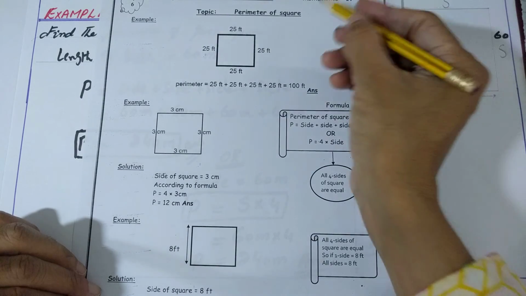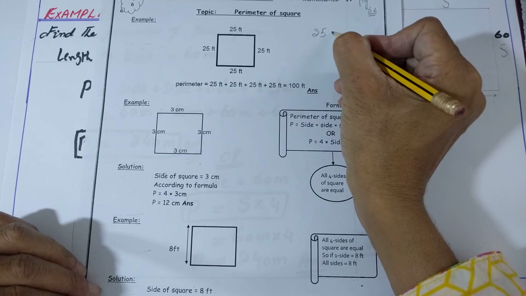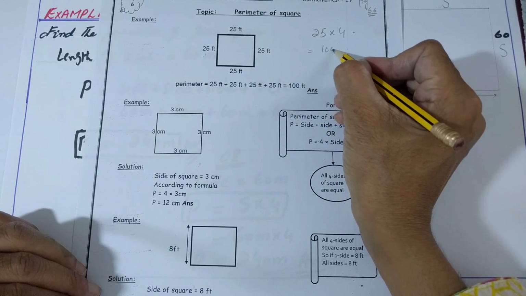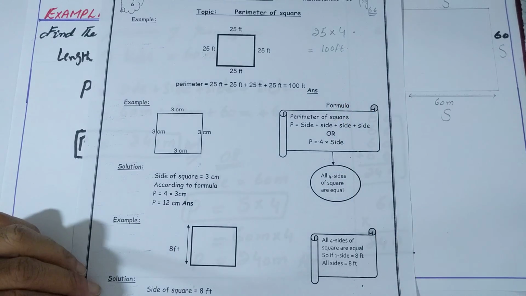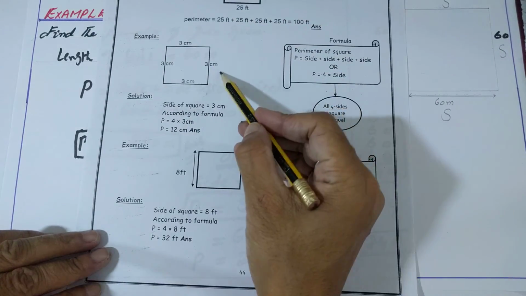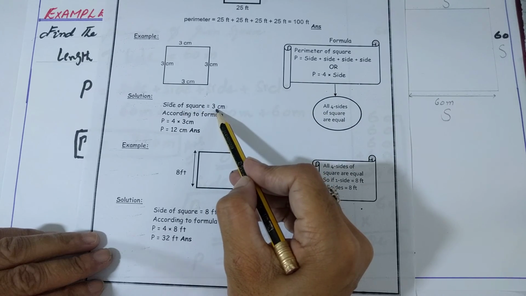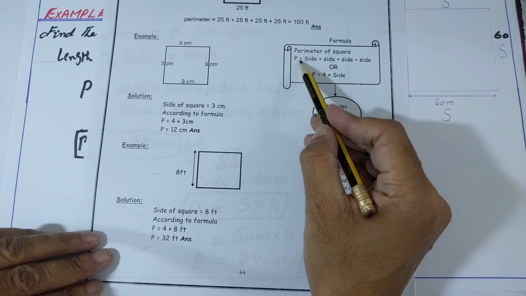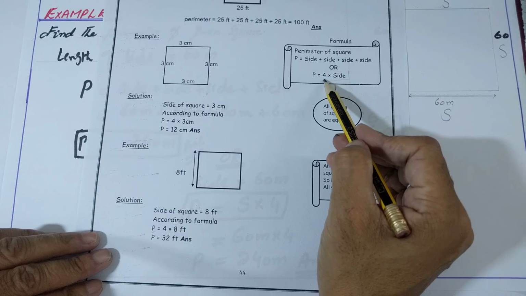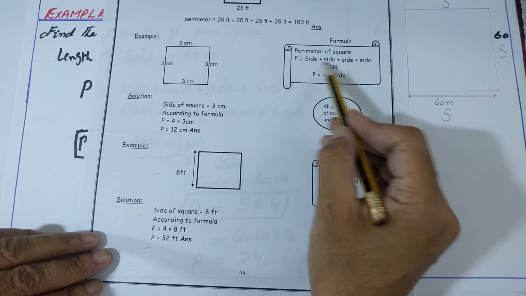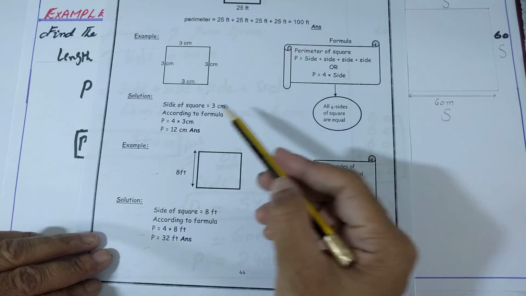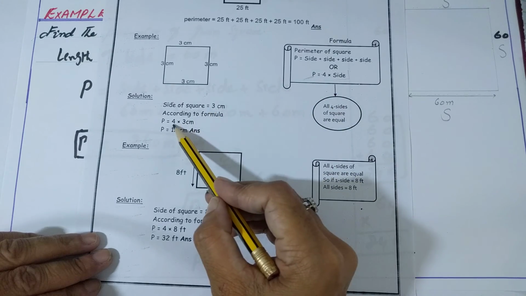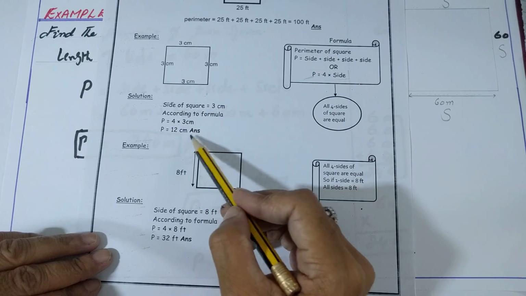What is the multiplication? One side is 25. So 25 multiplied by 1, 2, 3, 4 sides. So 25 fours are 100 feet. You can use this method as well. In the second example, 3 centimeter is given. So side of the square is 3. Here the multiplication method is over here, and formula is also given over here. You can use side plus side, or you can use 4 multiplied by 1 side, either to use the repeated addition, because all the 4 sides are equal. So 3 is the side according to this formula. According to this formula, 4 are the sides, multiply the 3. 4 3s are 12.